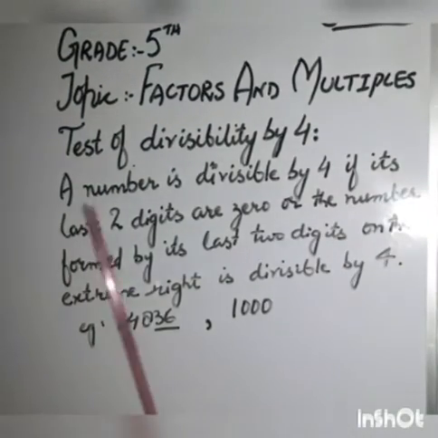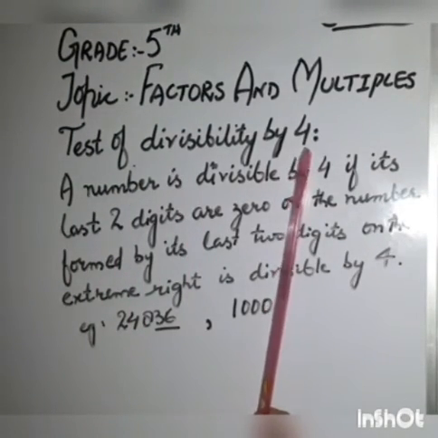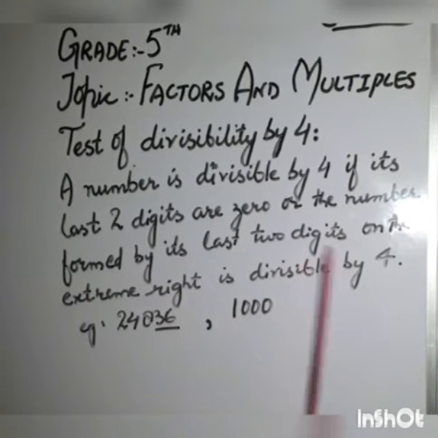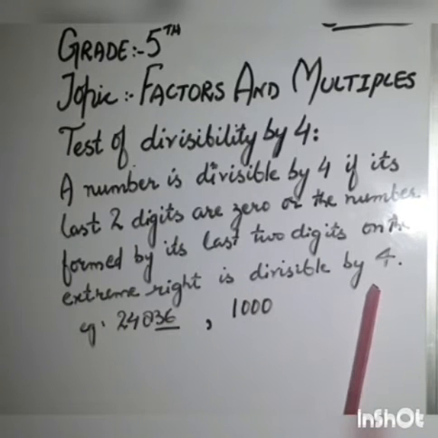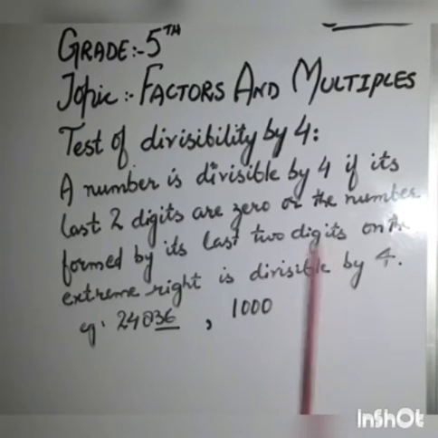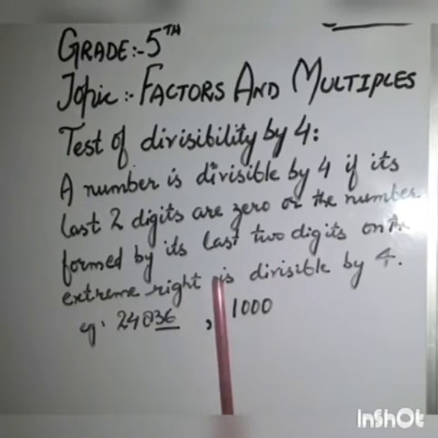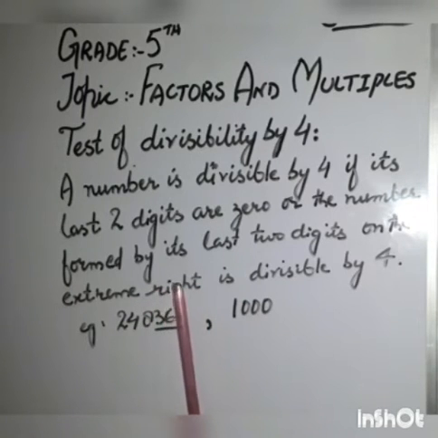Now next is test of divisibility by 4. अब कैसे पता करेंगे कि एक नंबर divisible by 4 है कि नहीं? So a number is divisible by 4 if its last two digits are 0 or the number formed by its last two digits on the extreme right is divisible by 4. So एक नंबर तभी divisible by 4 होता है अगर इसके राइट साइड पे जो लास्ट टू डिजिट्स अगर नंबर के 0 होंगे तो वो नंबर divisible by 4 है, या अगर एक्सट्रीम राइट साइड पे यानी जो लास्ट टू डिजिट्स है अगर वो डिजिट्स divisible by 4 होंगे तब भी वो नंबर divisible by 4 होगा. Just like this